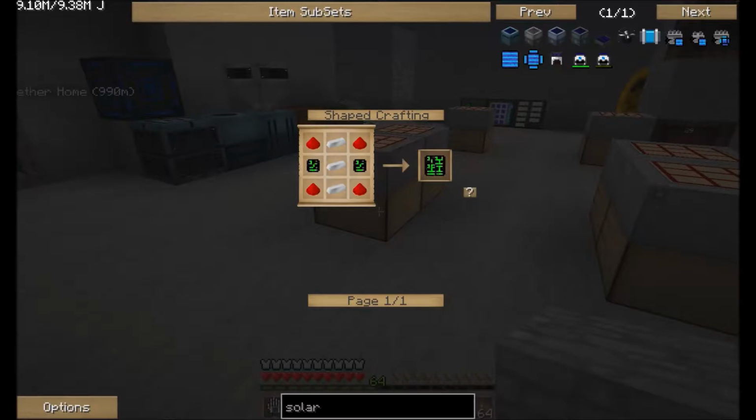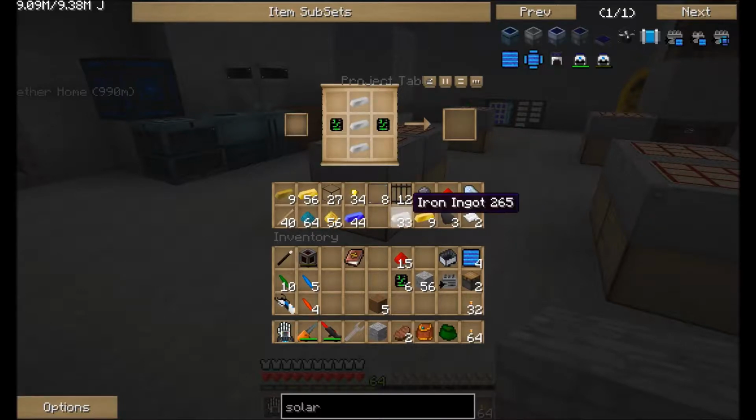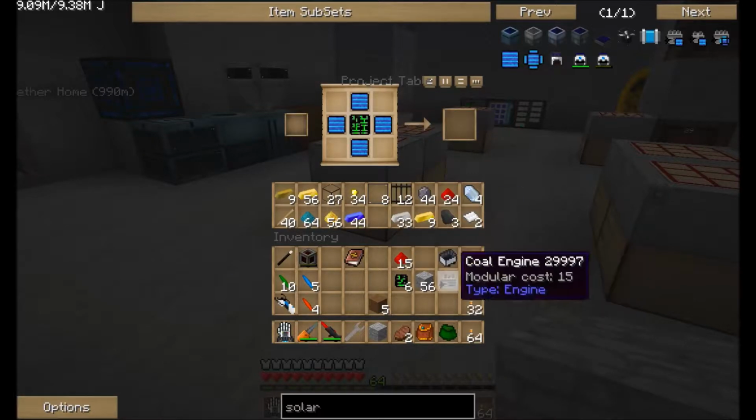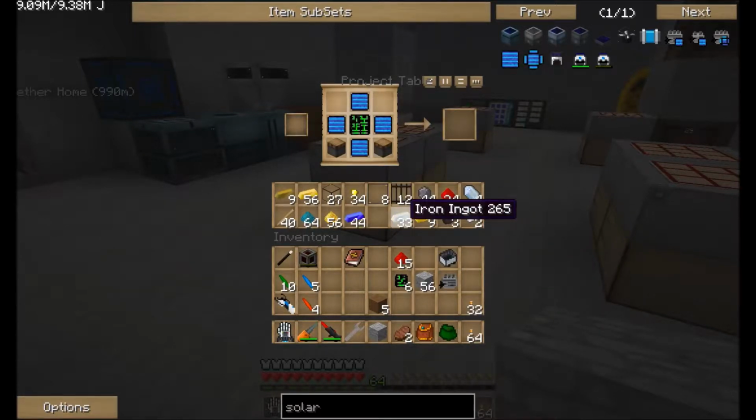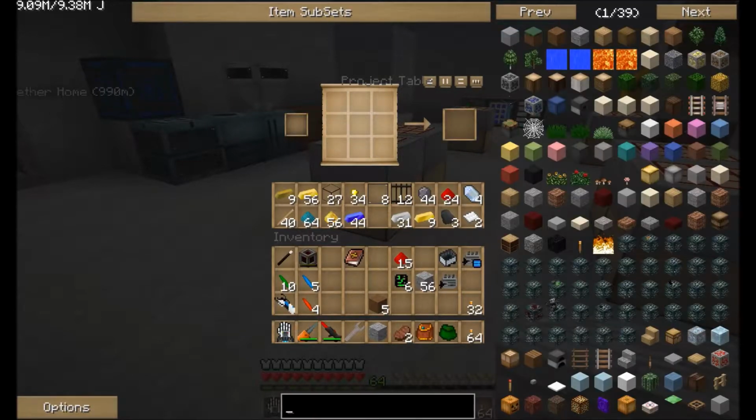And how do you make it advanced? 2 and then 3 iron. Okay. So 2 there, 3 iron, and some redstone. And our advanced. So we put an advanced. Do that. Some of this. Some of that. Solar engine. Now we need